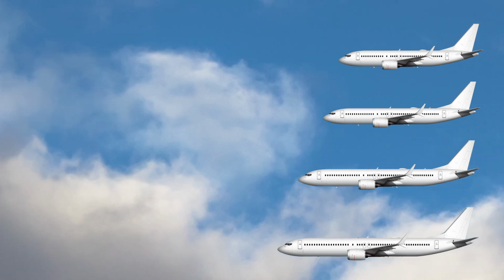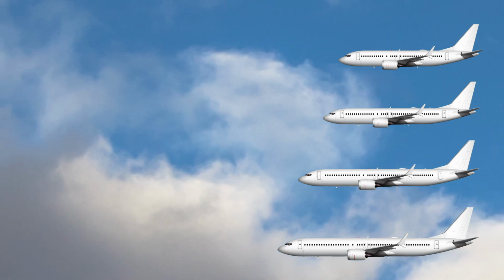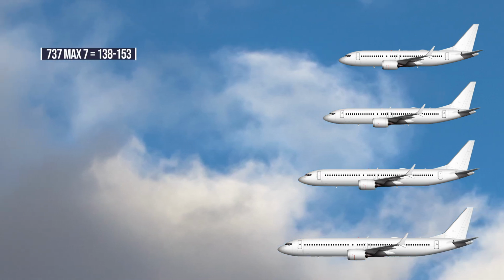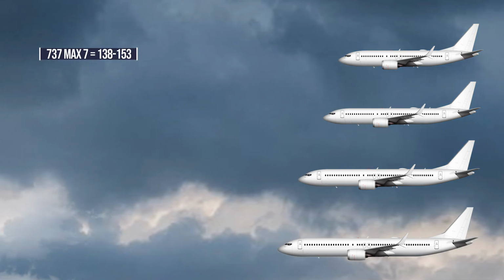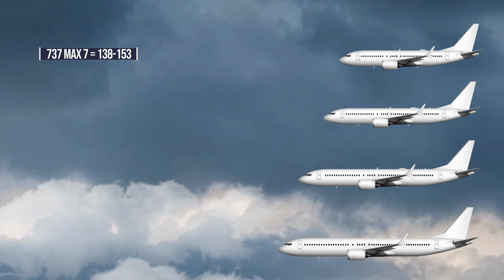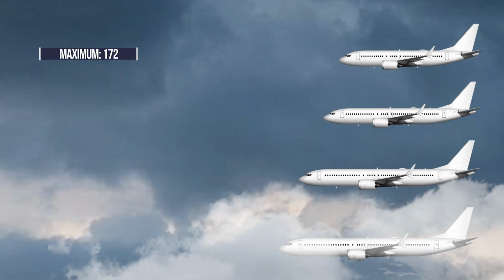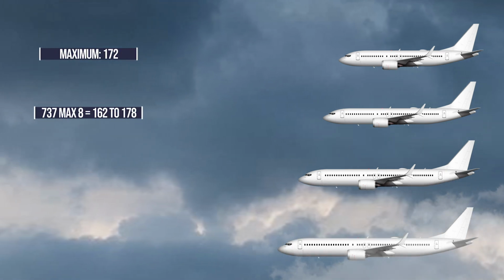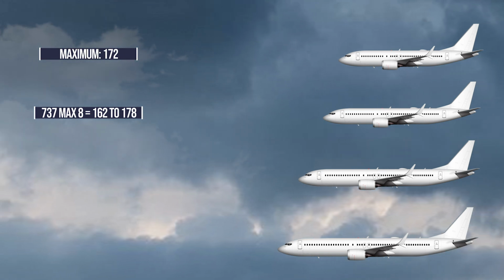The Boeing 737 MAX family has a diverse range of passenger capacities depending on the routes they're designed for. The Boeing 737 MAX 7 seats anywhere between 138 and 153 seats in a 2-class configuration and up to a maximum of 172 passengers. The Boeing 737 MAX 8 seats 162 to 178 passengers in 2 classes, or a maximum